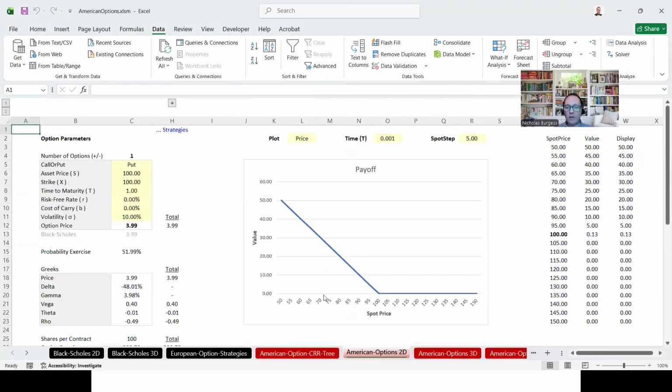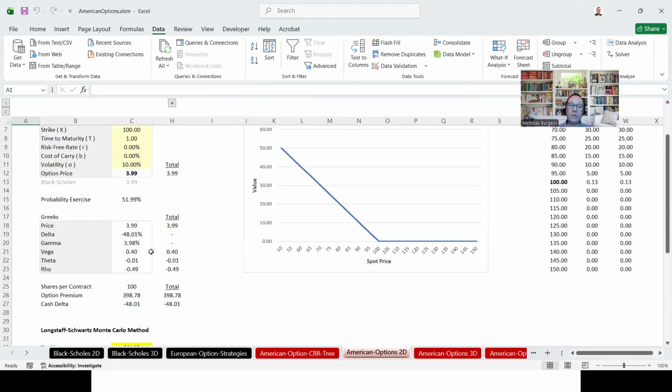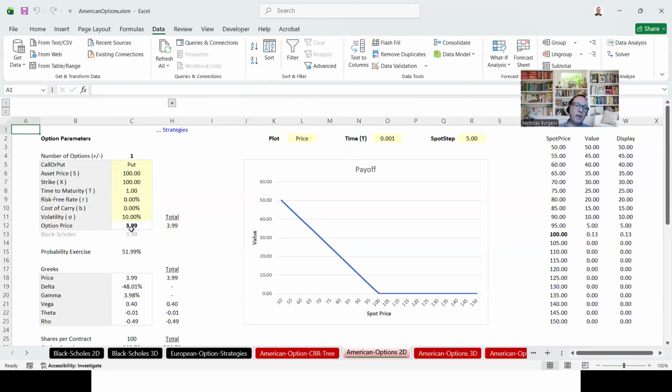Now, we've done the same thing here with American options in 2D, where you see the payoffs. This is just the same as the European one, but with American option pricing. Now, the difference in here is this is where you can see there's not really one size fits all for American options. In terms of pricing, I typically use a tree for everything. This one up here is the Bjerksund-Stensland approximation. It's pretty good